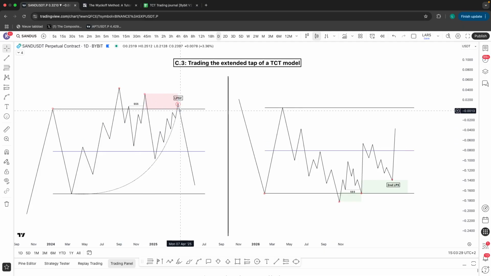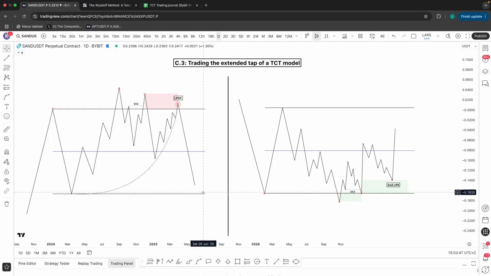If price pulls back into extreme supply or sweeps extreme liquidity, that's when we can validate our fourth tap, and we simply enter on a bearish breakout structure, confirming the rotation back down to the range low,